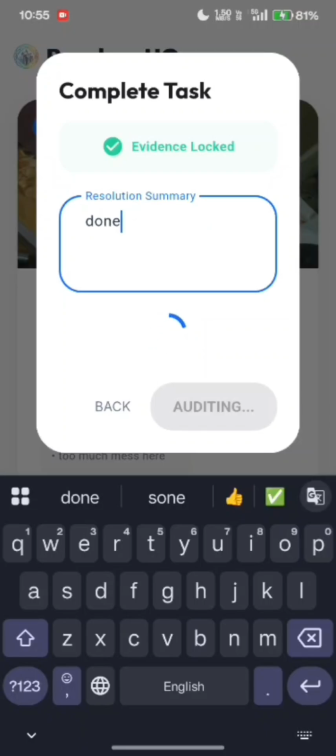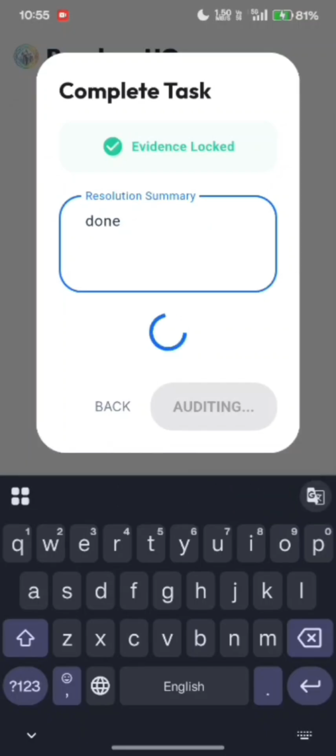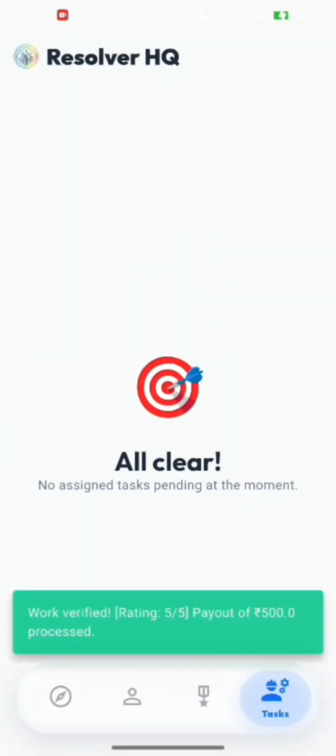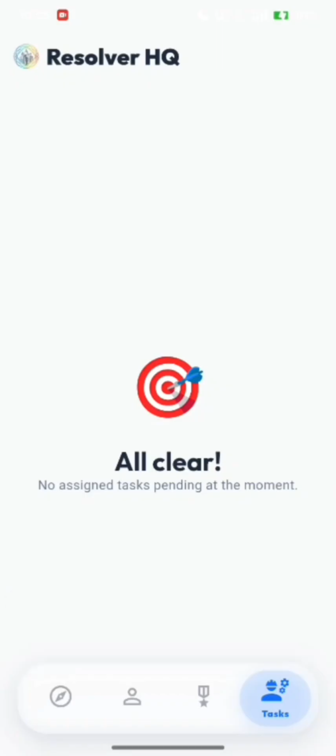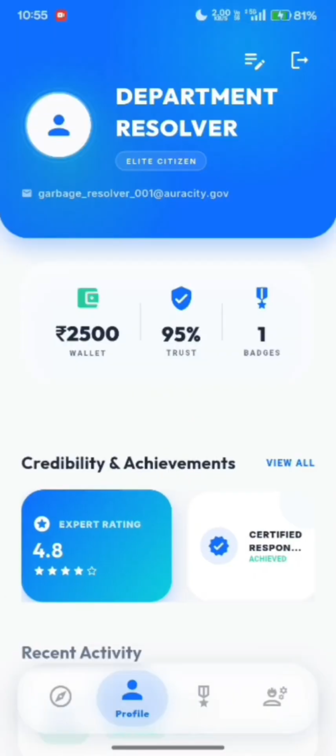The work was satisfactory this time, so the resolver is allowed to finish his task and the money would be credited to his wallet. Additionally, our AI rates the work of the resolver on a scale of 1 to 5 to measure quality.